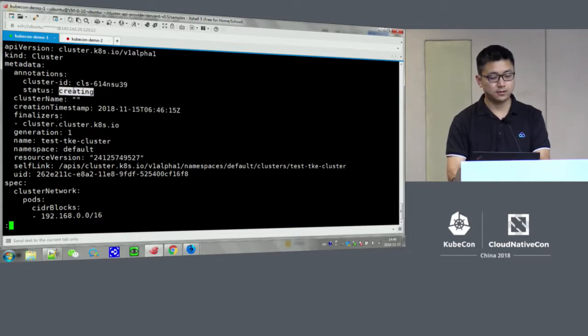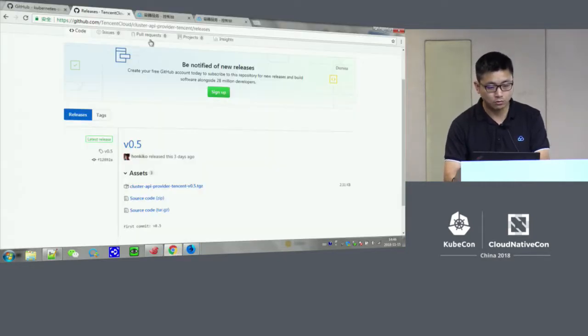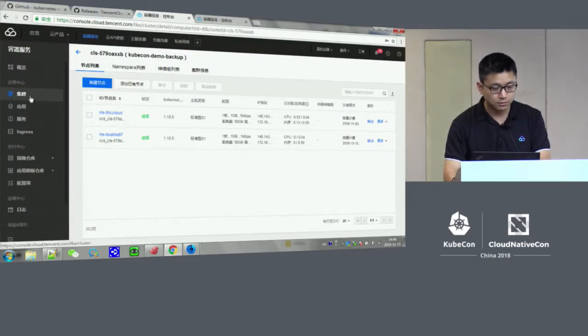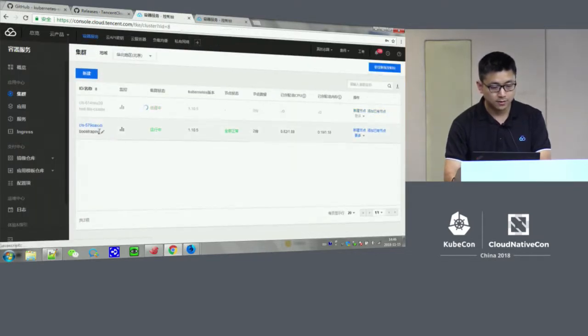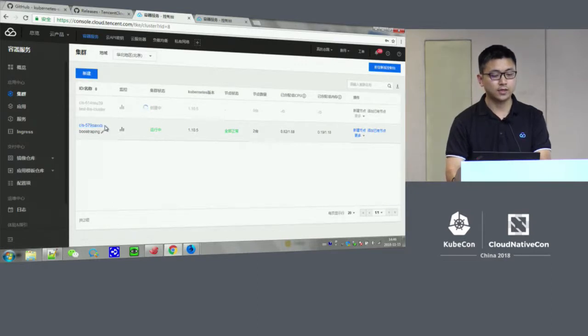Here we can see the status is saying created. That is to say, it is in the process of creation. Once it's performed, the status will change to created. Now back to the management panel, and we find this cluster is one